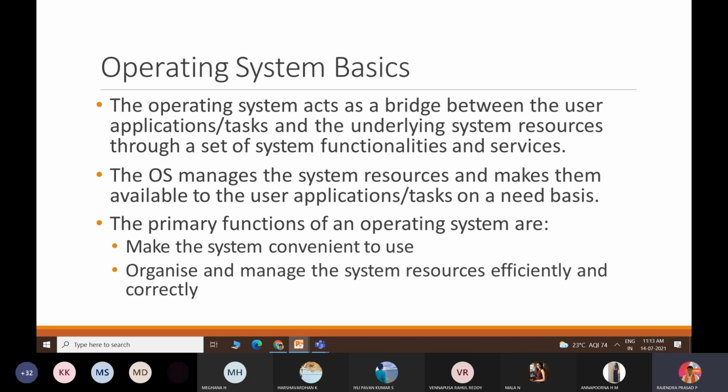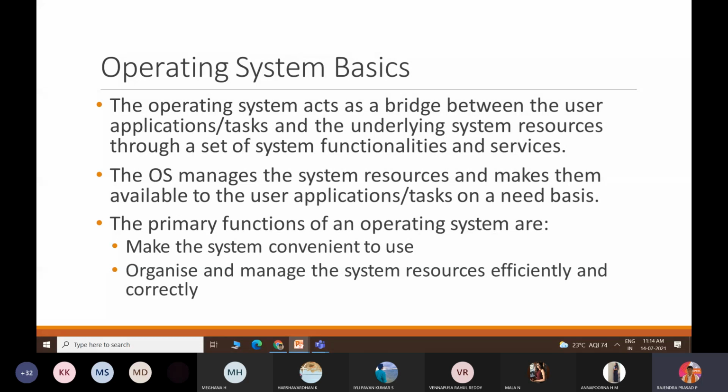Okay. You are organizing some OS and that organization should follow a particular procedure, right? And when you follow this procedure, definitely you are going to get the output at the hardware level. That is what is expected. Okay. The OS manages the system resources and makes them available to the user application tasks on a need basis.